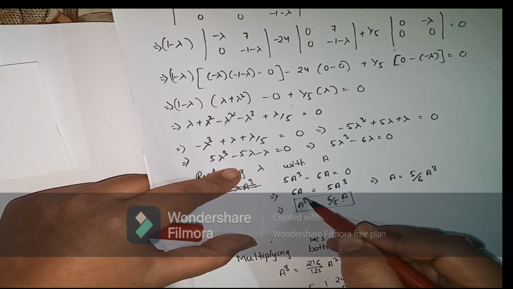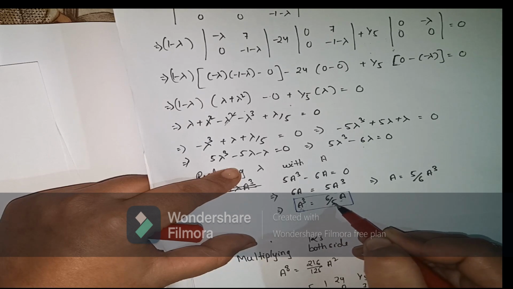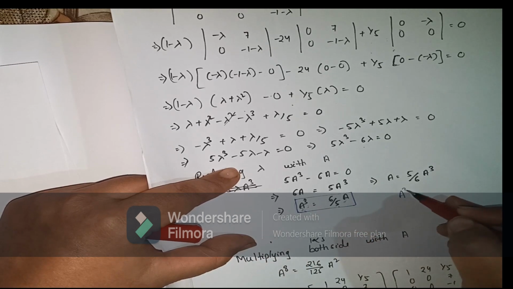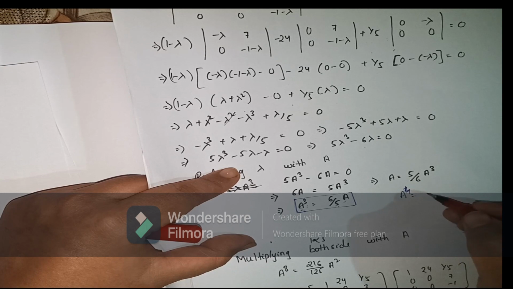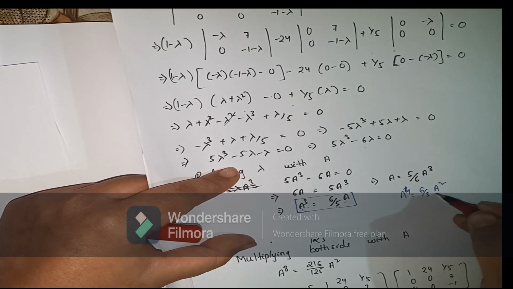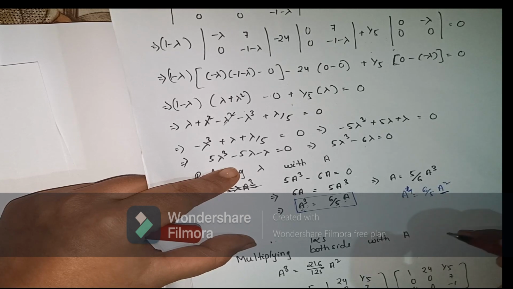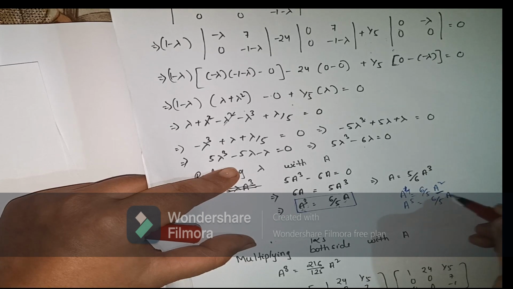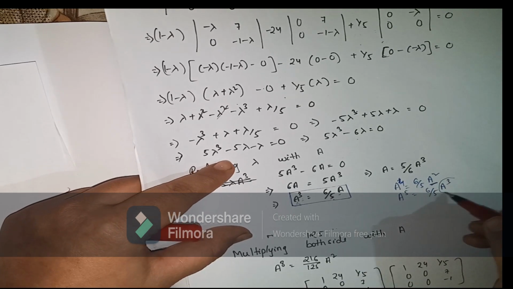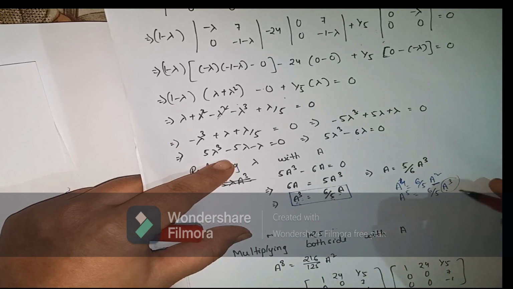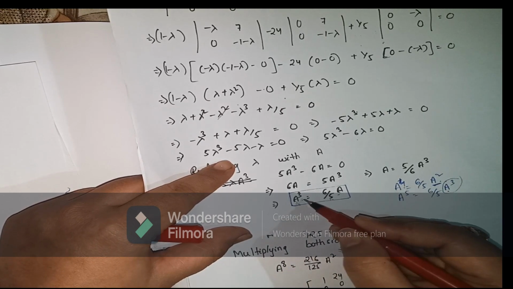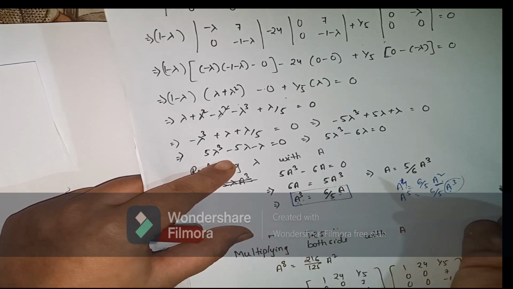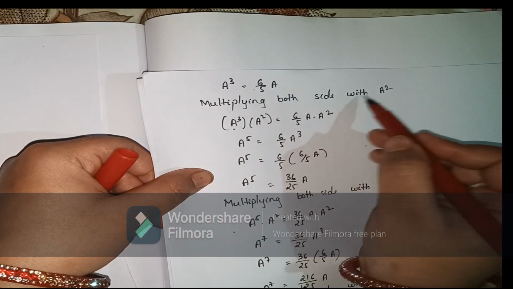Every time I will try to form A cubed so that I can replace it with this, right? If I multiply by A on both sides, I get A fourth is equal to 6 by 5 A square, but there is nothing to replace A square with. Again we have to multiply by A. It will be A fifth is equal to 6 by 5 A cubed, right? So now I can replace A cubed with 6 by 5 A. So in this case, instead of multiplying by A, I can directly multiply by A square, so that it becomes A cubed and we can replace it with 6 by 5 A. That's why I first multiplied both sides by A square.